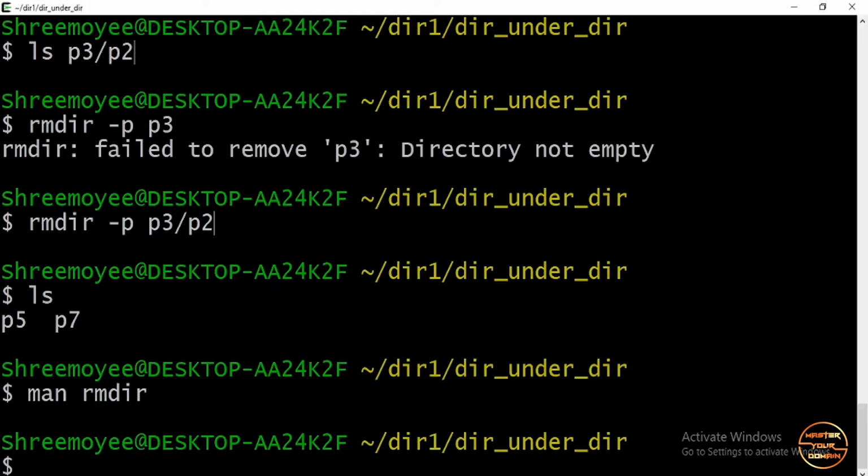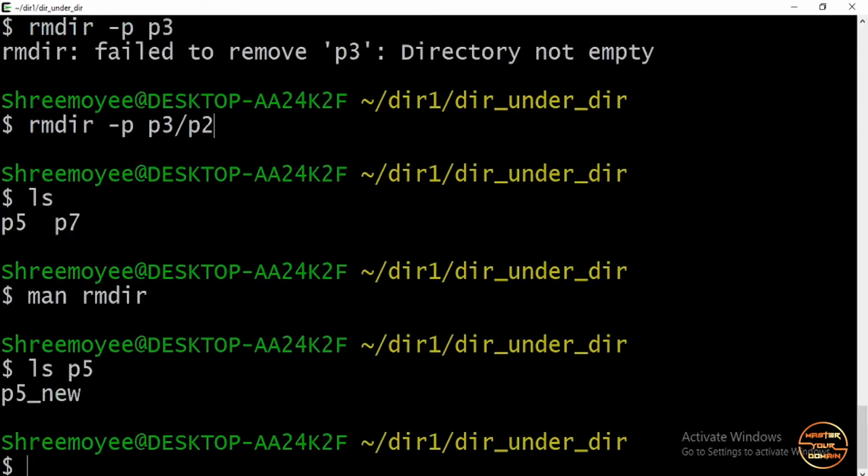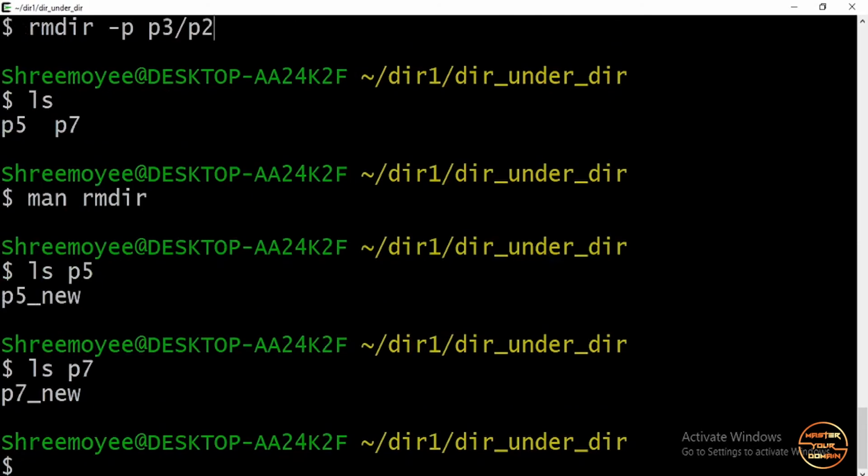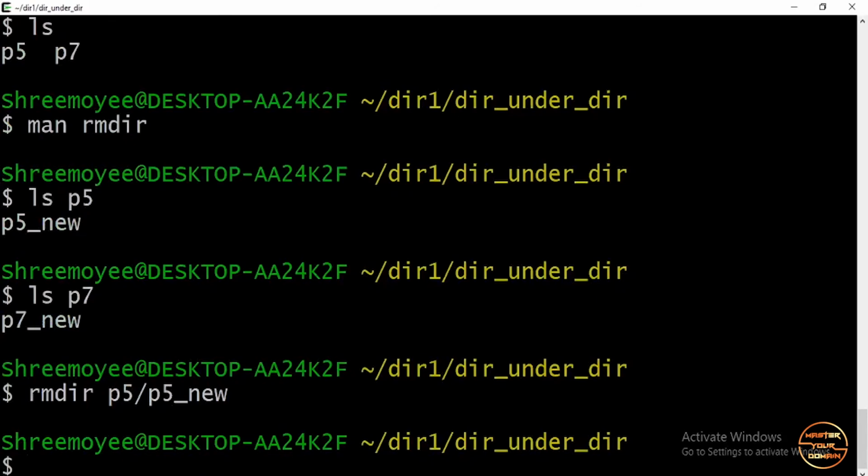So let me check the contents with ls with p5 new. For p7, what I can do is rmdir then p5/p5 new, hit enter, and the same thing with p7.